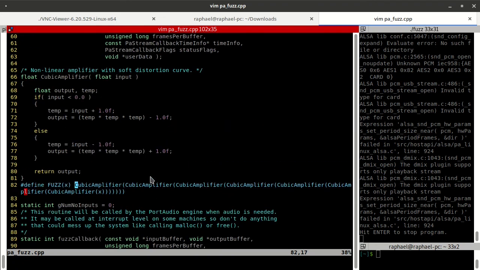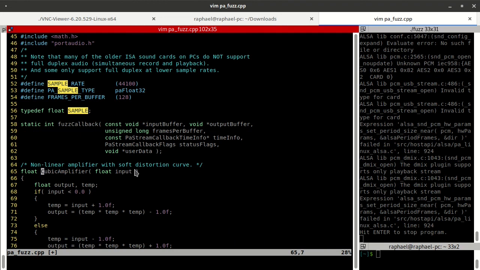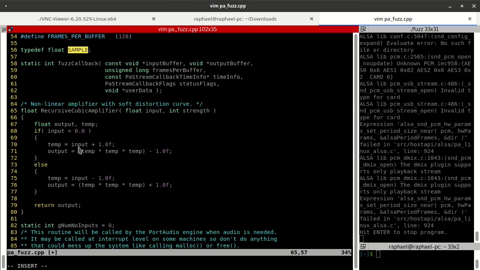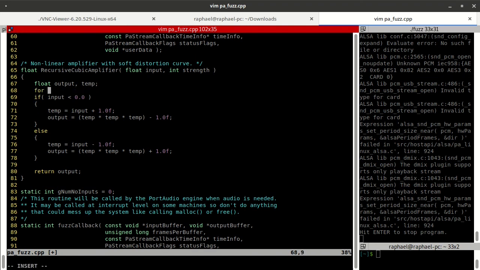So we will want to replace this by doing something, well, exactly this, but not exactly. So let's remove this define, and let's remove this because, yeah, we don't need it. And now let's rename it recursive cubic amplifier. And let's add some parameter, which would be strength. Let's call it like that. And we are going to put a loop inside of it that goes from I to strength, which means that